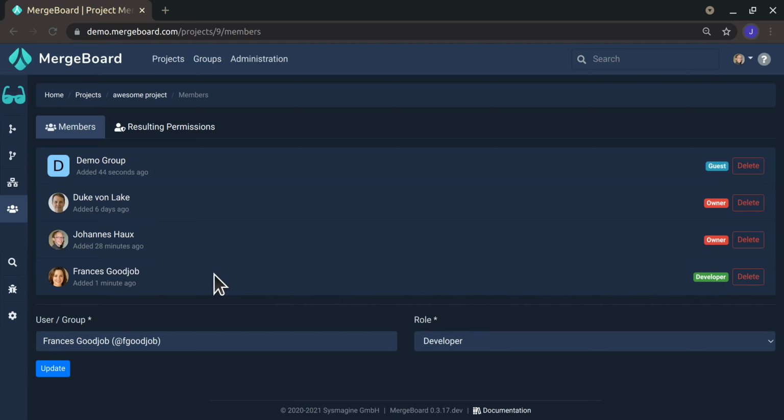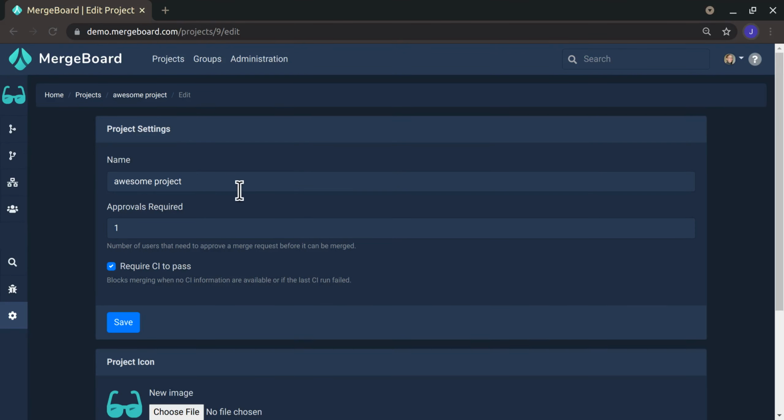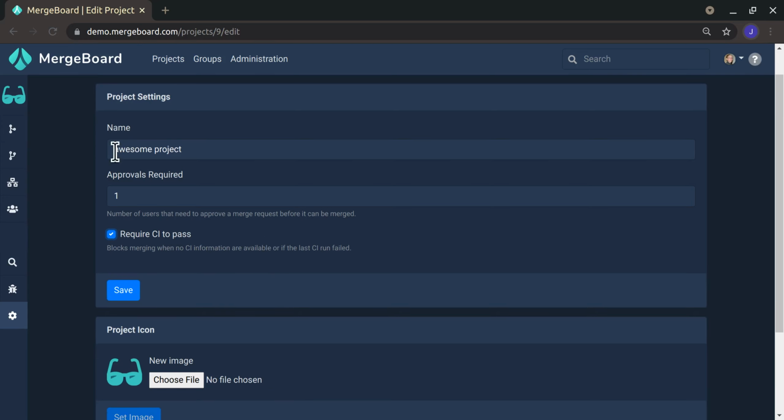All right, so this is how you can start collaborating in your project. Now, the next thing you might want to change are the project settings down here, where you can not only change the project's name, but you can also define how many people need to approve a merge request before it can be merged. Another thing you can require is that if you have a CI configured in your repository, that this one needs to pass before you can click the merge button. And again, for any of these settings, if you change them, you need to click save,